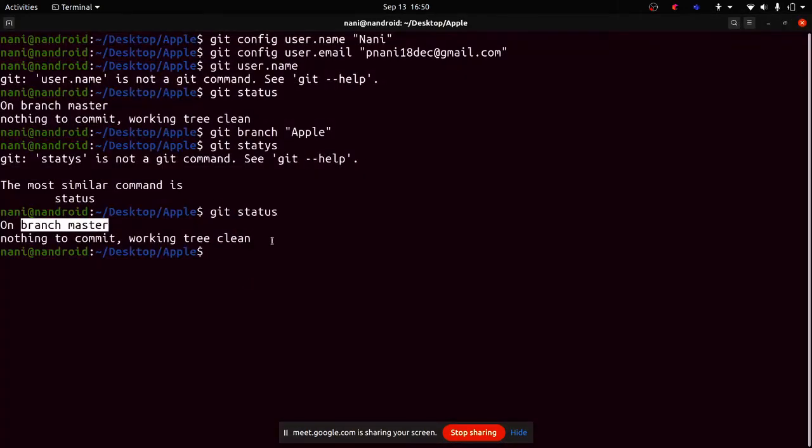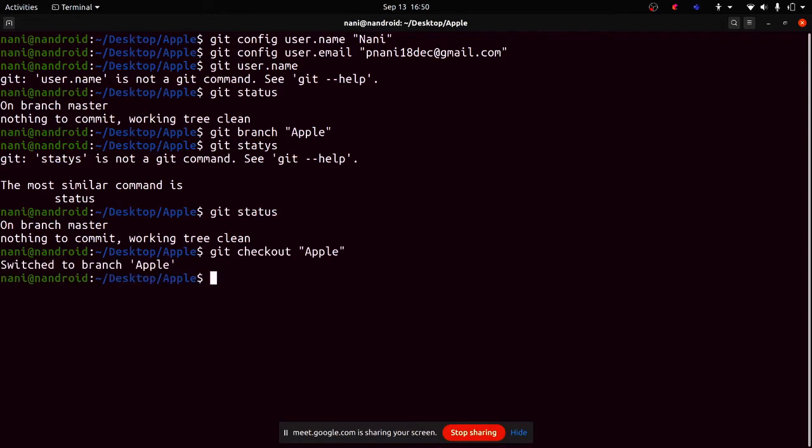One command is actually used to create a particular branch, which can be used either by you or any other person. You just create the branch so that you could track that particular issue or new feature in your project. But it doesn't mean that only you have to use it. Any person who has access to your project can use that branch and create his own branches as well. So I use this command called git checkout, and I already have a branch called apple, right? So I'm just checking it out. So now where am I? Type git status and you'll get to know.